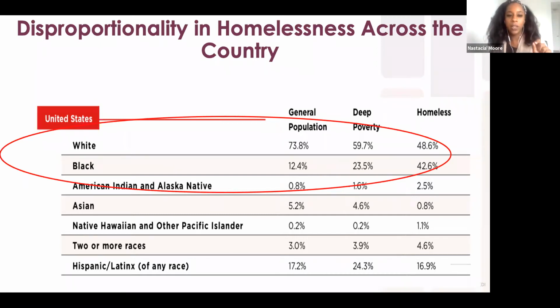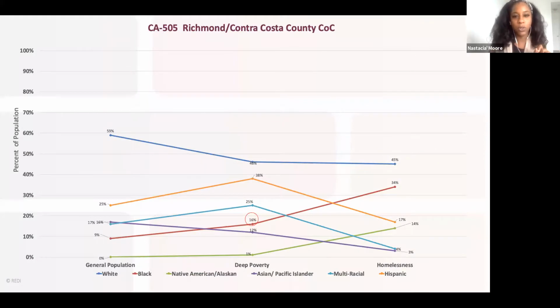I want to look at your local numbers. So what do you look like locally? I'll let this sit here for a second as people look at the graph. This is homeless populations for Richmond, Contra Costa County. We pulled these numbers from the HUD CoC Race Equity Tool. Not sure how many data folks are on the line or familiar with the HUD CoC Race Equity